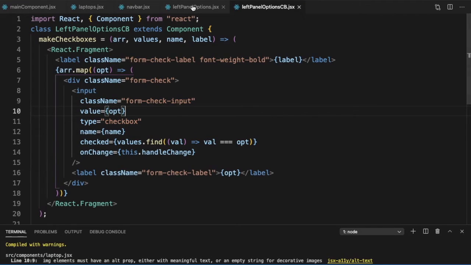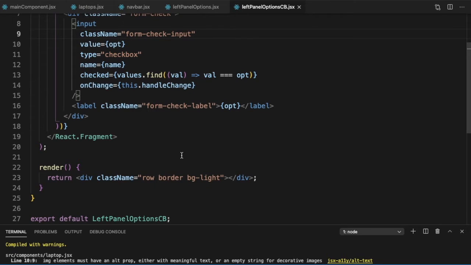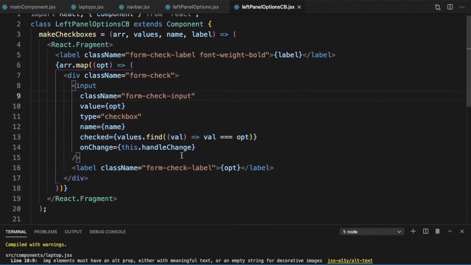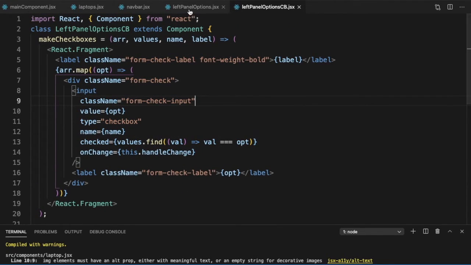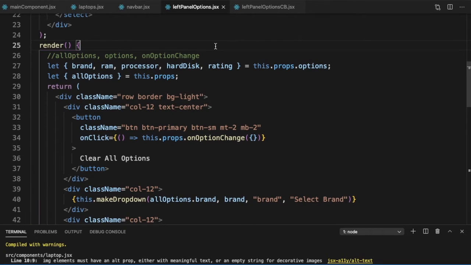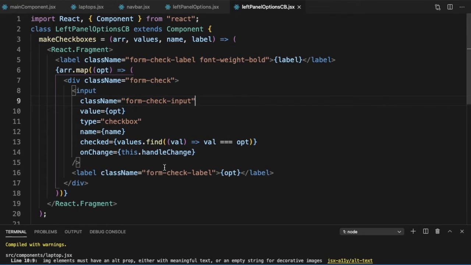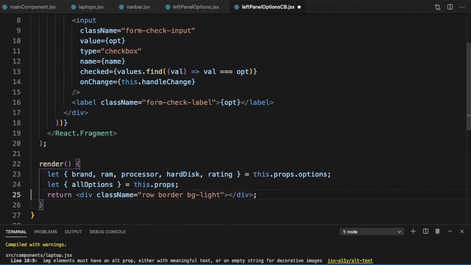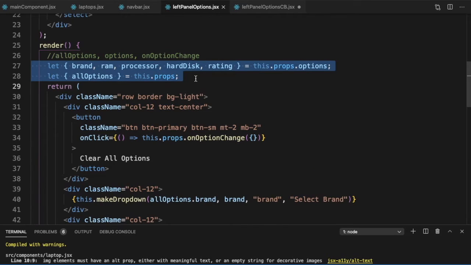So just like for the left panel options, we have created another component, left panel options CB, for the checkboxes. And we just have a function make checkboxes which just makes a checkbox. So like we did in the previous case, we will need to show checkboxes for all the options. So let me just copy this part from there. So we get all the options. Next, what do we need to do?